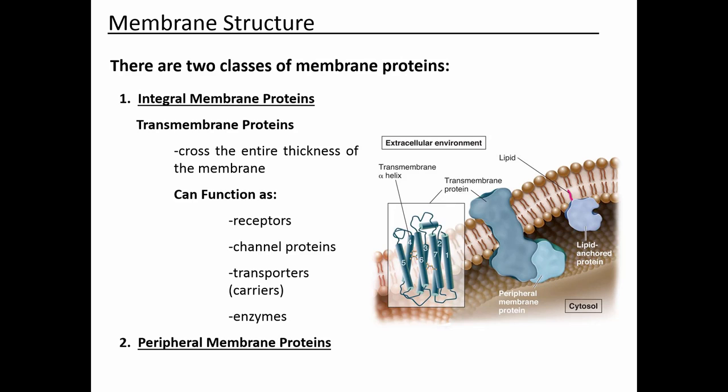So I would classify it as an integral membrane protein. So in addition to having proteins that have carbohydrate modifications onto them, some proteins have lipid molecules attached to them, and the lipid that gets attached to a protein can be involved in having that protein anchored